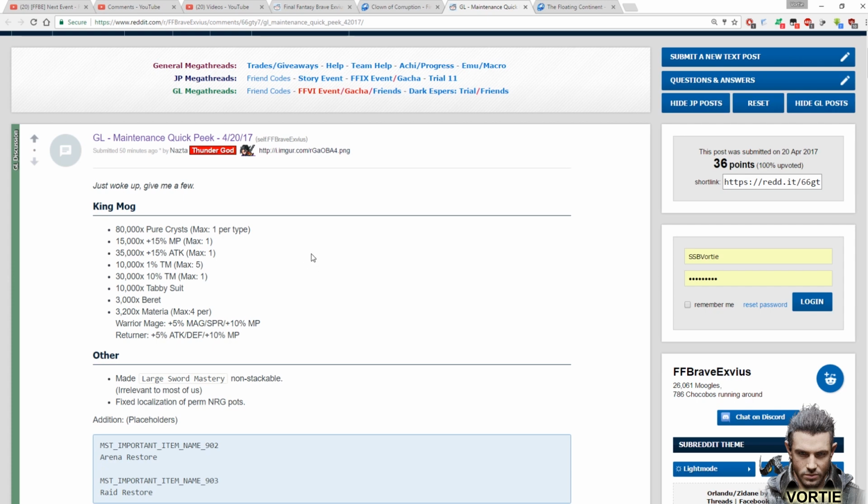Alright, the first thing we want to talk about is the PureCryst. I don't know if you guys recall, or if any of you are playing the Japanese version, but PureCrysts cost 100,000 currency in the Japanese version of the game. This is the first time that we're seeing...